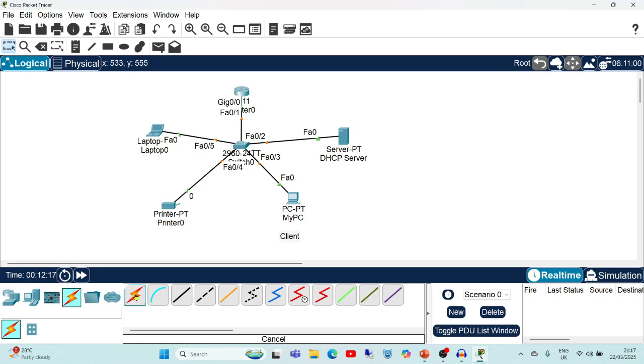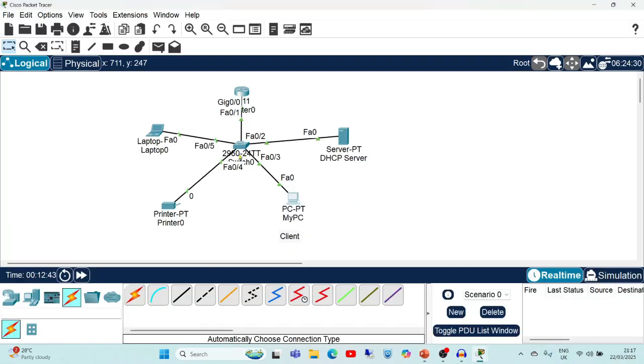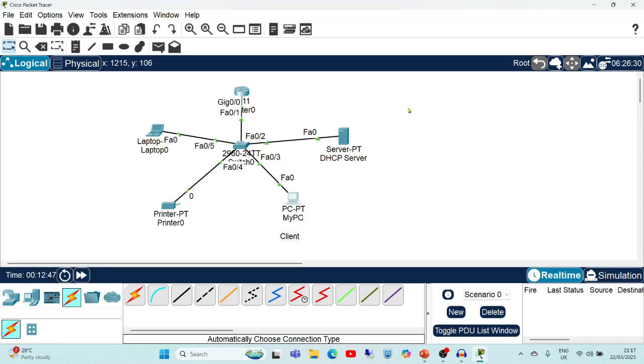Now friends, we have set the IP addresses, we have done the connections also, and we are going to check the reachability, whether the server is reachable from the machine or not. So here I have already mentioned that we are going to use the ping command with the IP address 192.168.1.10. Now see, from the PC to this DHCP server, I am going to check whether that server is reachable or not.